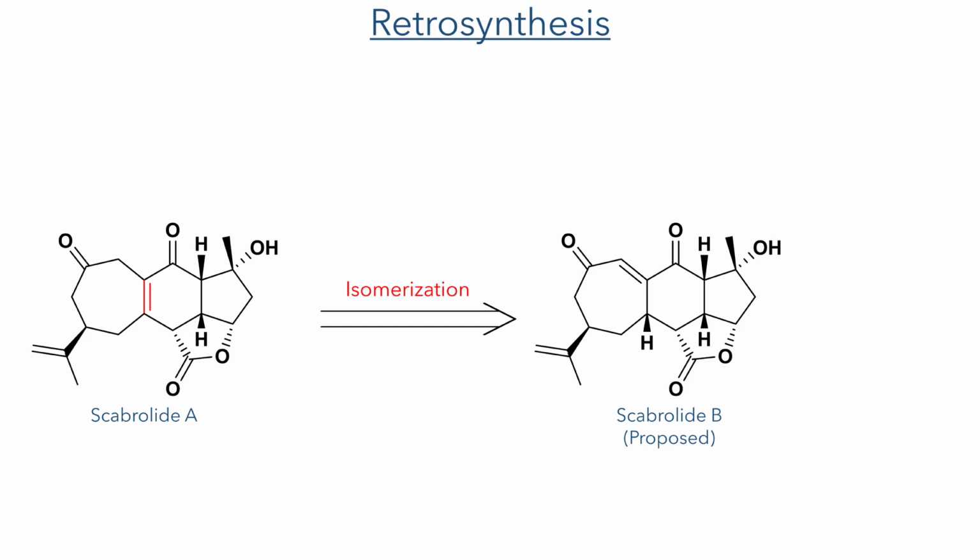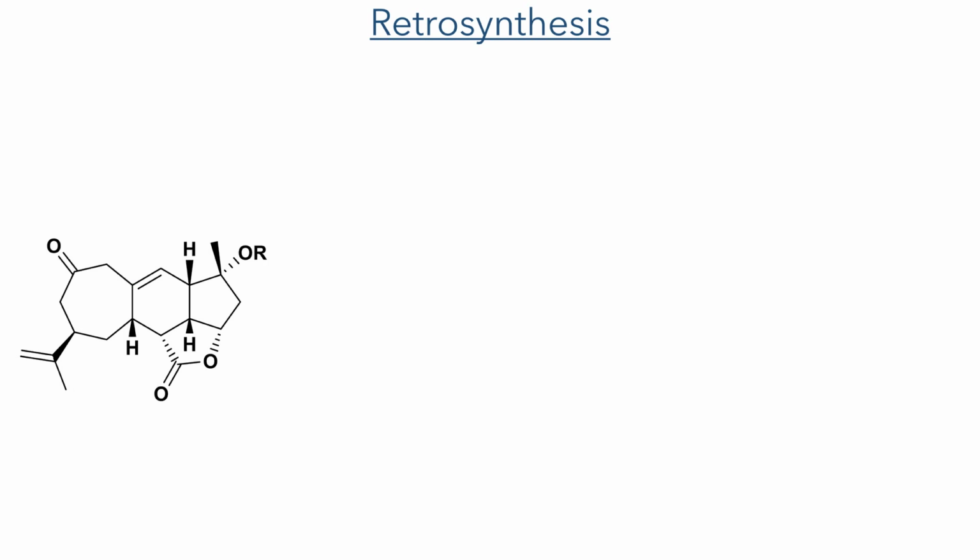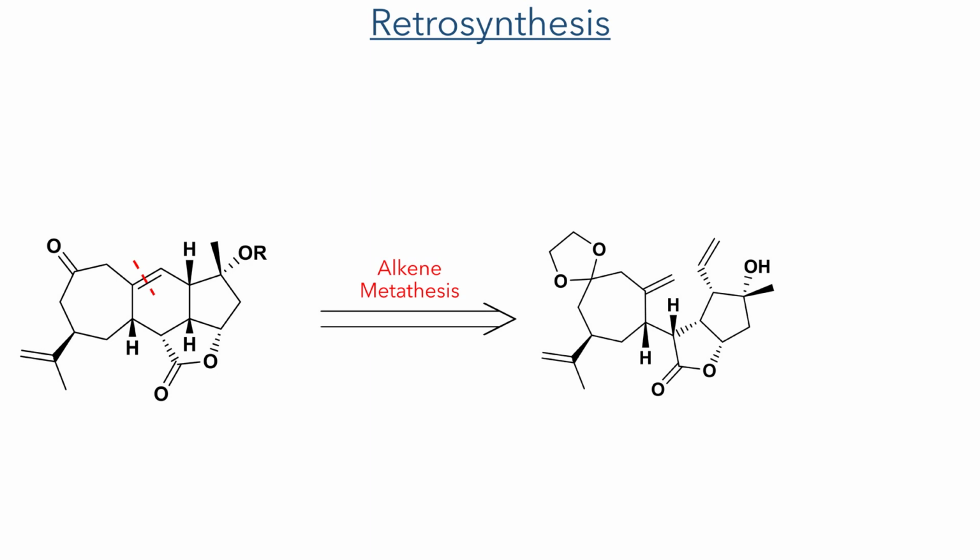So let's start with the retrosynthesis. The researchers hypothesized that Scabrolide A could be synthesized using the isomerization of the double bond in Scabrolide B. This will be synthesized from the oxidation and simultaneous elimination of an alkene. The alkene will be introduced using alkene metathesis to construct the six-membered ring, and the diene required for this reaction could be generated using a sigmatropic rearrangement, which would also form one of the key carbon-carbon bonds linking the two